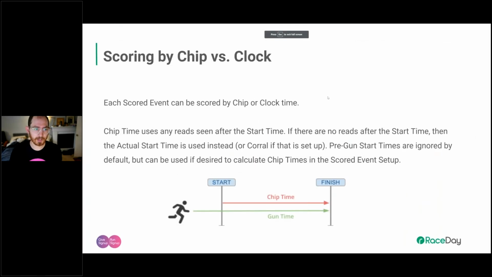Okay, so scoring by chip versus clock. This is obviously a pretty basic concept that everyone should understand. Each scored event can be scored by chip or clock time. Chip time uses any reads seen after the actual start time. If there are no reads after the start time, then the actual start time is used, or corral start time